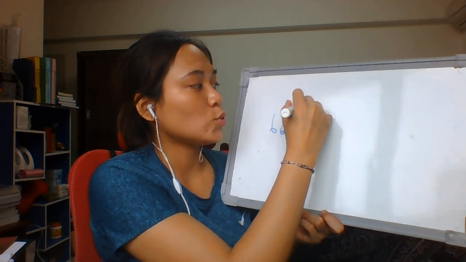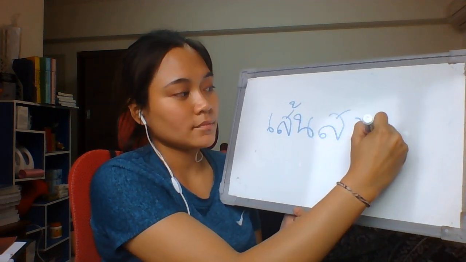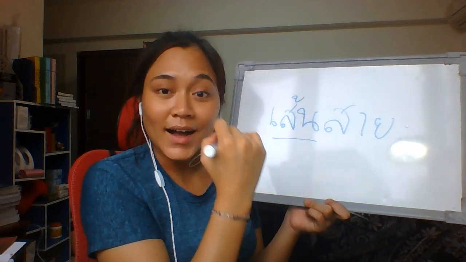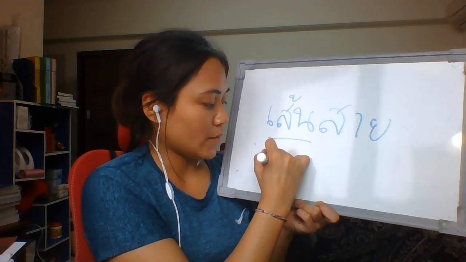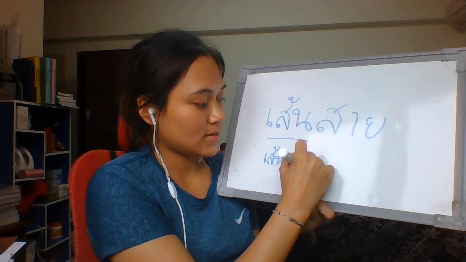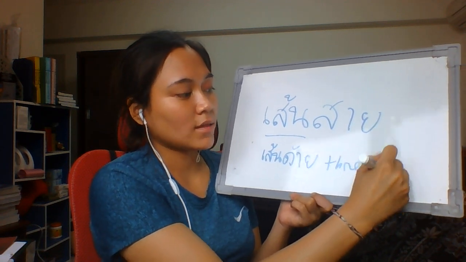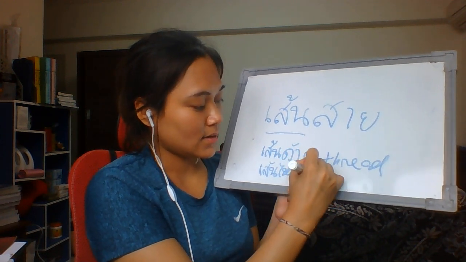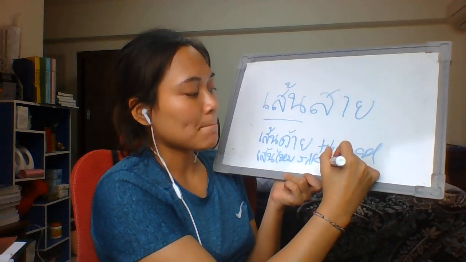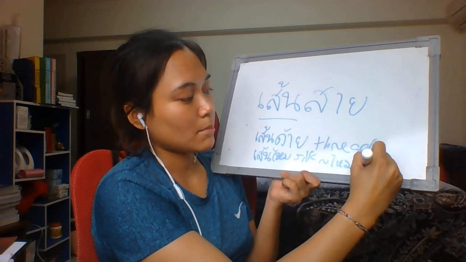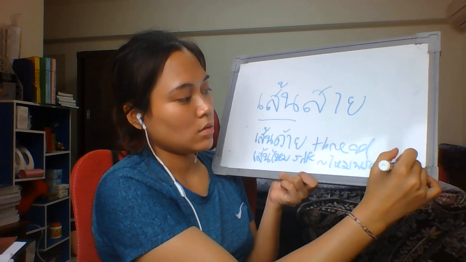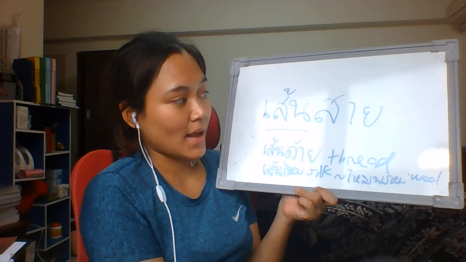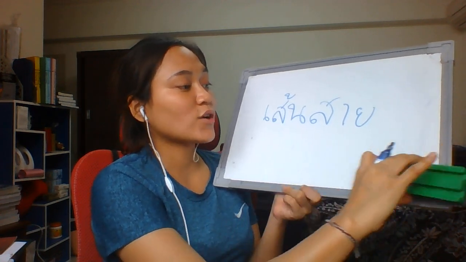We also have the word that we put sen and sai together. Like we already mentioned earlier that sen means line, oh, I forgot one word of sen that you probably have heard of before as well. Sen dai means thread that you use for sewing. Sen mai means silk. Sen mai pom. Mai pom means wool. Okay. Sen mai pom. Sen dai, sen mai. Okay, something like this.